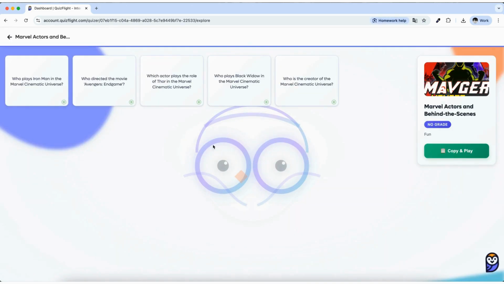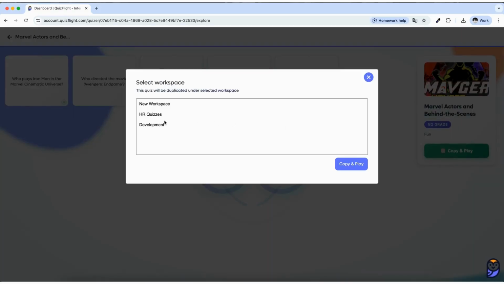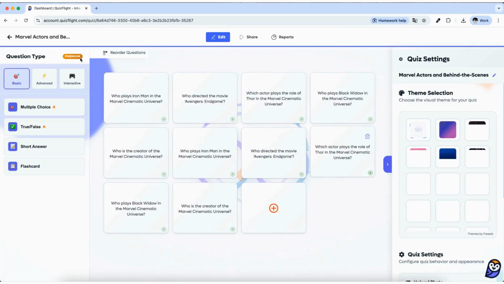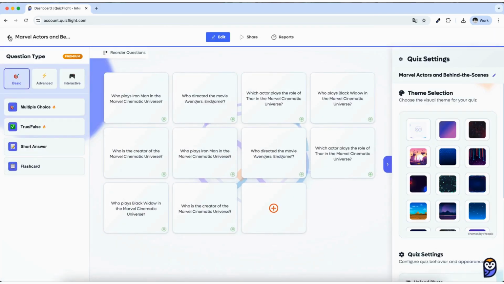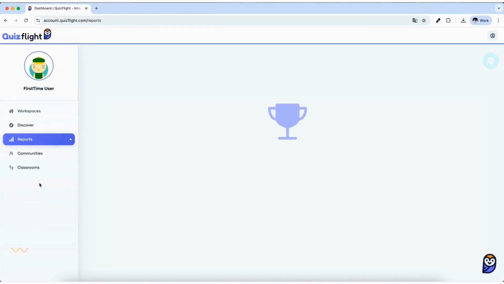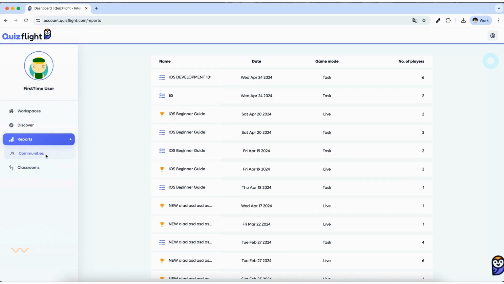Select a quiz. If you'd like to use it, just click Copy and Play to get started. Then, choose which workspace you'd like the quiz to be saved in. Once copied, the quiz opens in the editor, where you can view and adjust all of its questions. In the Reports tab, you can track all of your quizzes,